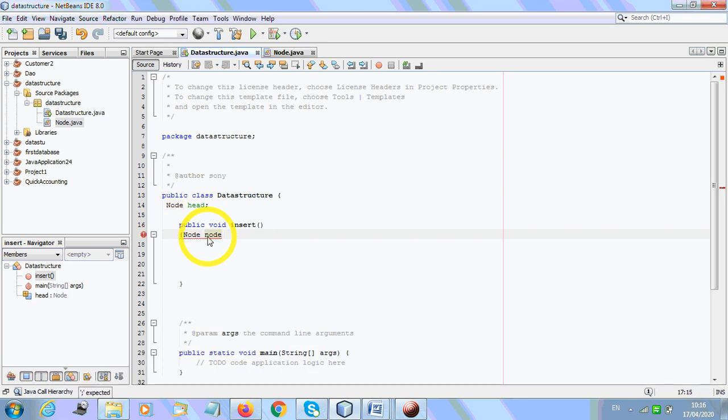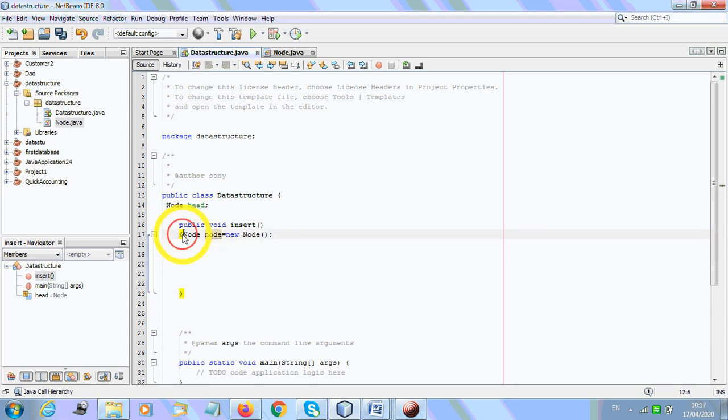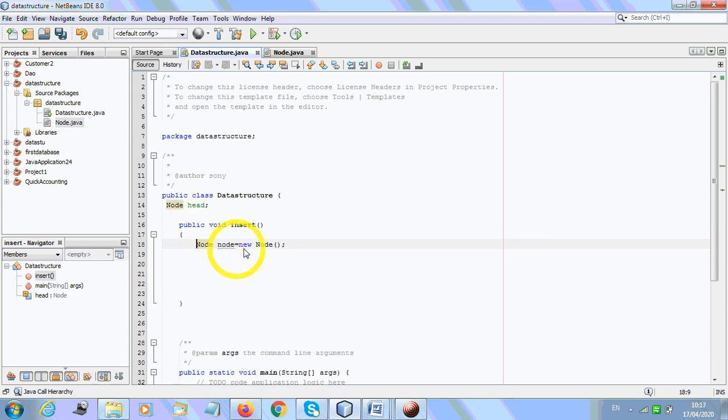I have made this one, and in this we have two sections. See, this is how we are going to store. What are we going to store in node? Data. So we'll have to insert data itself, yes or no? Insert will take data and, on creating this node, this data will be stored in this node itself.